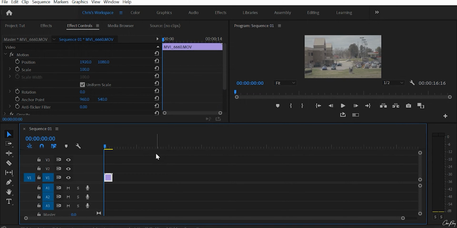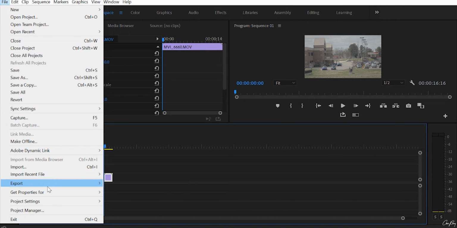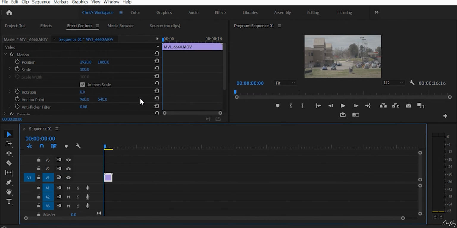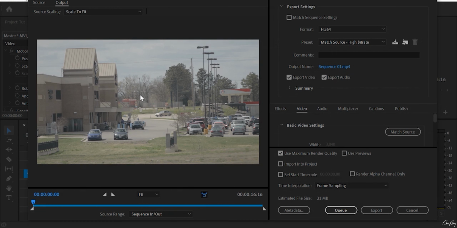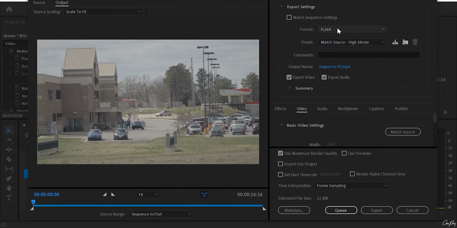Okay, so once you get all that, everything's cut, everything's done, now we're going to export this bad boy. We're going to go to File, Export Media, and now it's going to show us our export settings. This is what I do. Now, this isn't like you have to do this, it isn't set in stone. This will probably change for me in a year or whatever, but this is what I have found works best for me. We're going to keep the format the same,